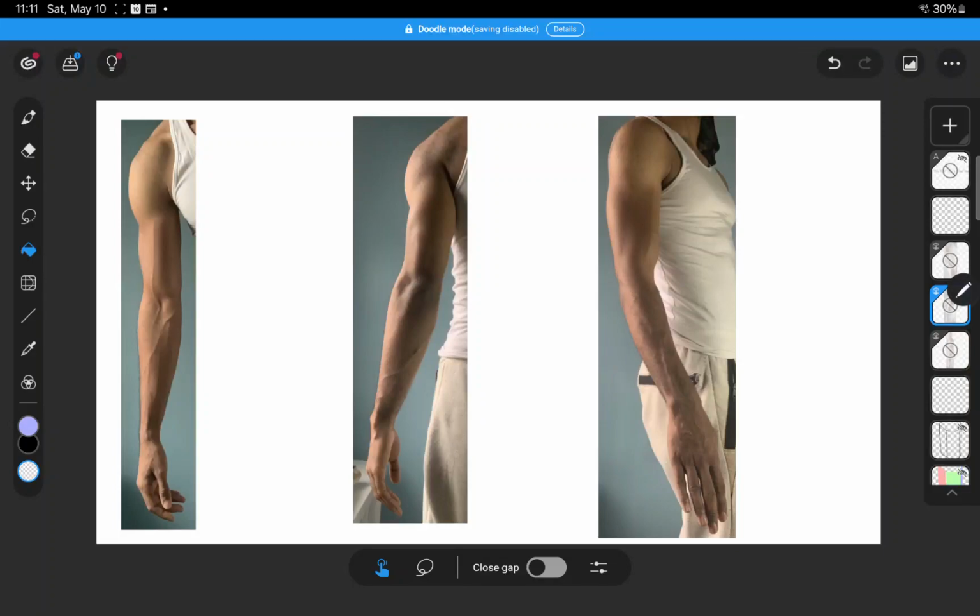Okay, so arms are basically three parts. Shoulder, and then you have what I would call the midsection, and then the forearm. So it's pretty important to know how exactly those relate to each other. So what I like to do is think of them as basic shapes. So for the deltoid,